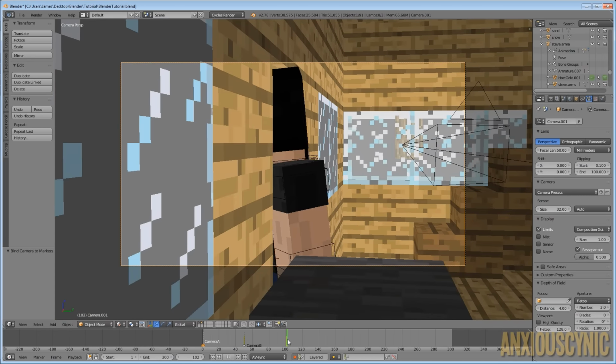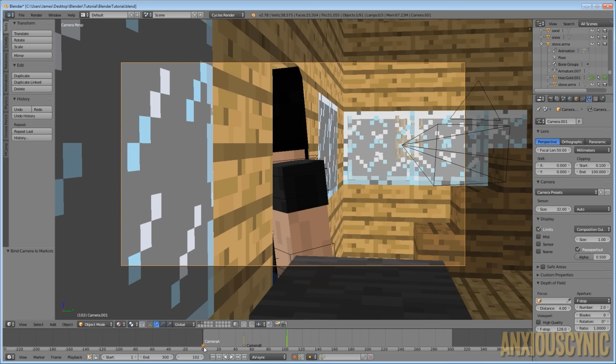And of course, we may want the camera to change angles at this point in time. So what I'm going to do is go to the point where I want the angle to change. Maybe since this is on frame 100, let's just go to 101, I guess. Or maybe that is on 101. Let's go to frame 102 then. I could move the keyframes around, but you get the idea.